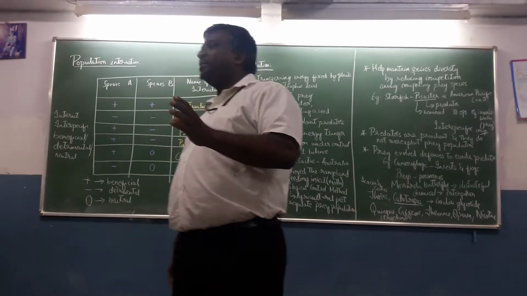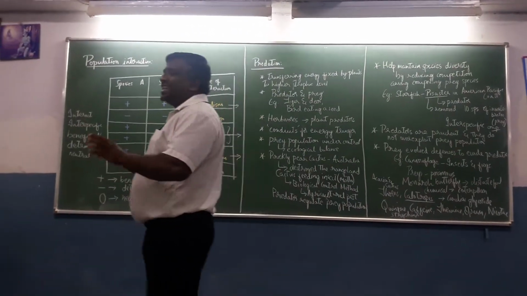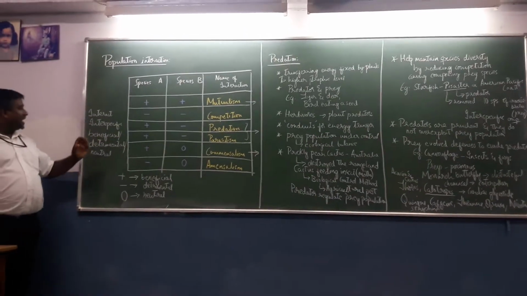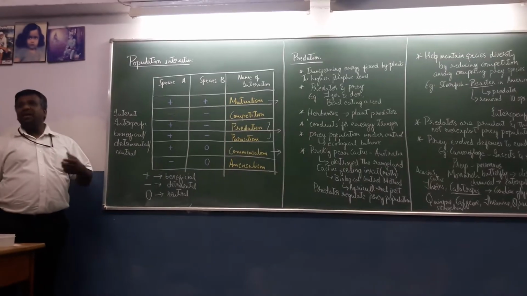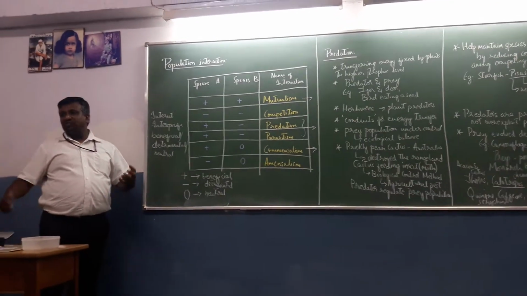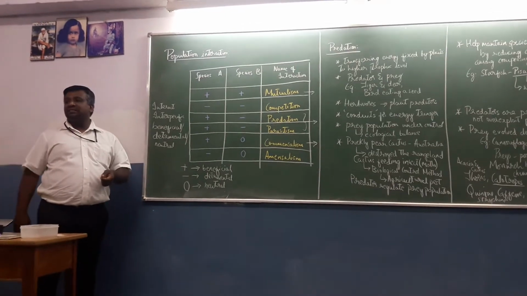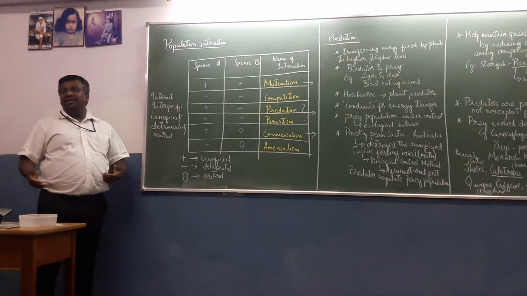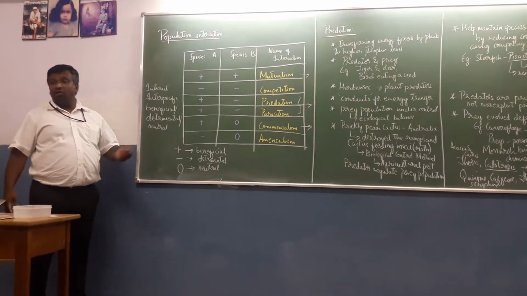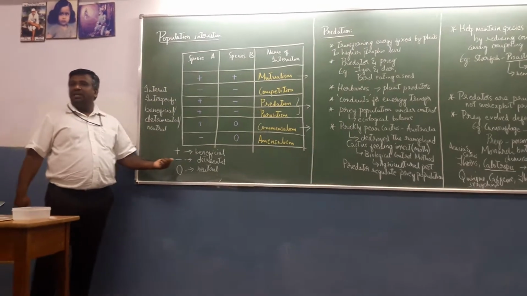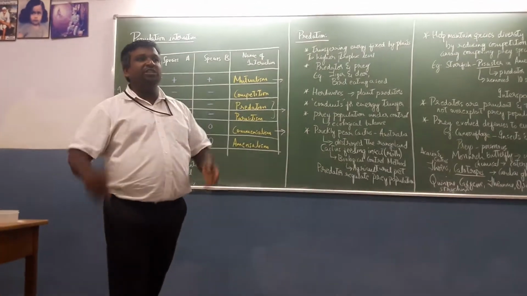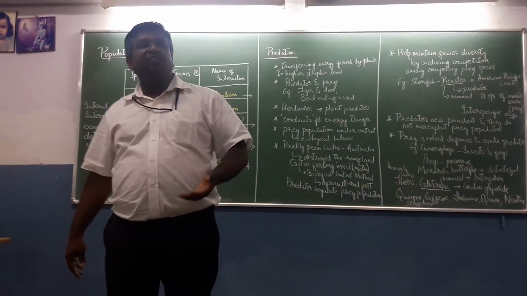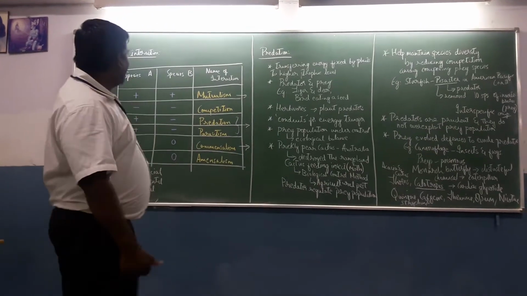So in nature you find many species of populations interacting together. So interspecific interactions are there, and some of these interactions are beneficial, in the sense which benefits one of the species or both the species. Some of the interactions are harmful, detrimental, like predation, parasitism. They are all very much harmful there. And some of the population interactions between different species neither benefit nor harm. So they are neither beneficial nor detrimental. That we have to remember about.